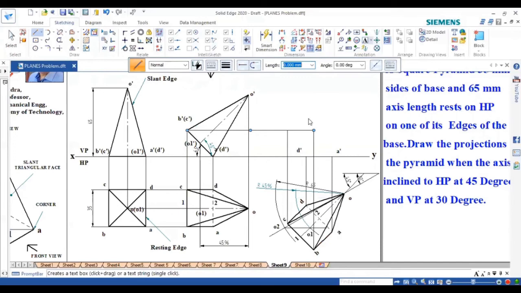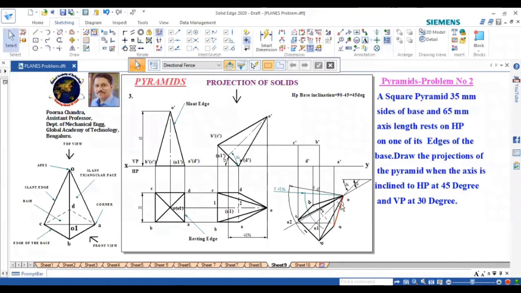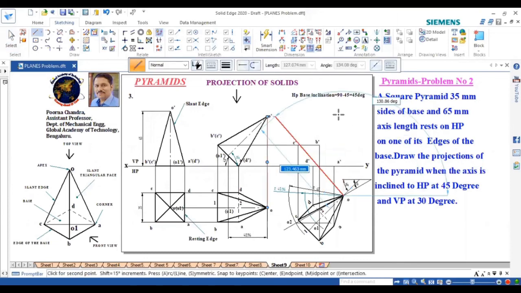Again, I will name it. So this is B dash and this is C dash. Okay, this is done. Next, now if you watch from down, as I said, to draw the last position, we shall complete this first, then later we can think of which are the visible edges. So this is O, I'm joining here.